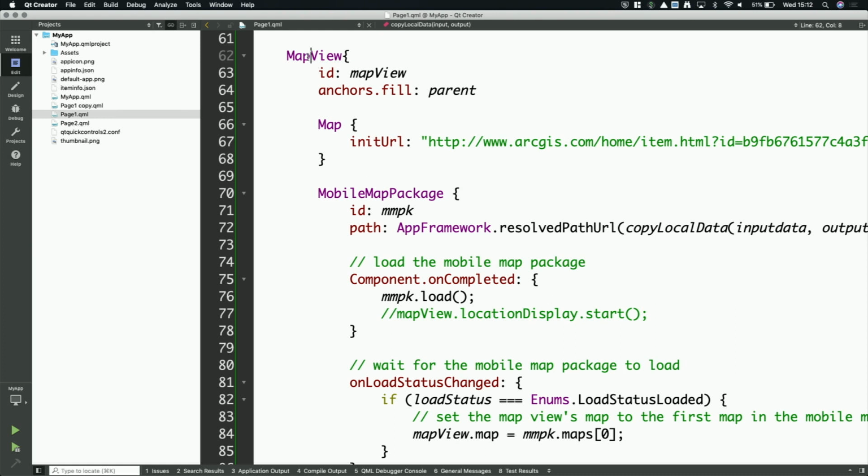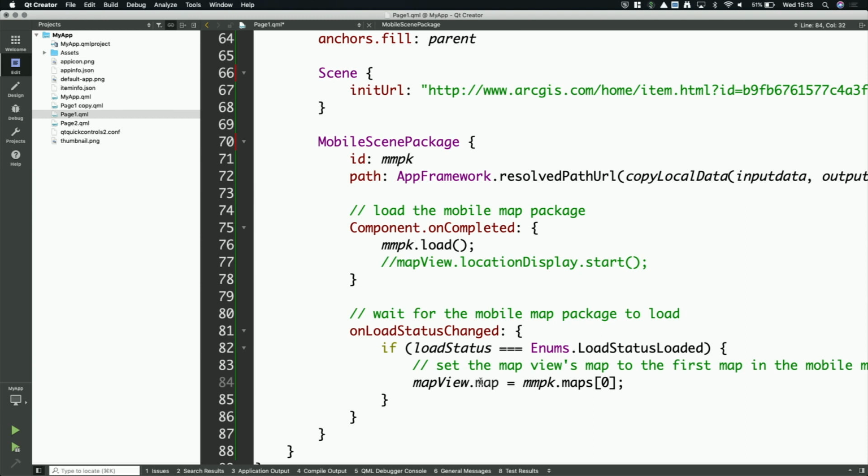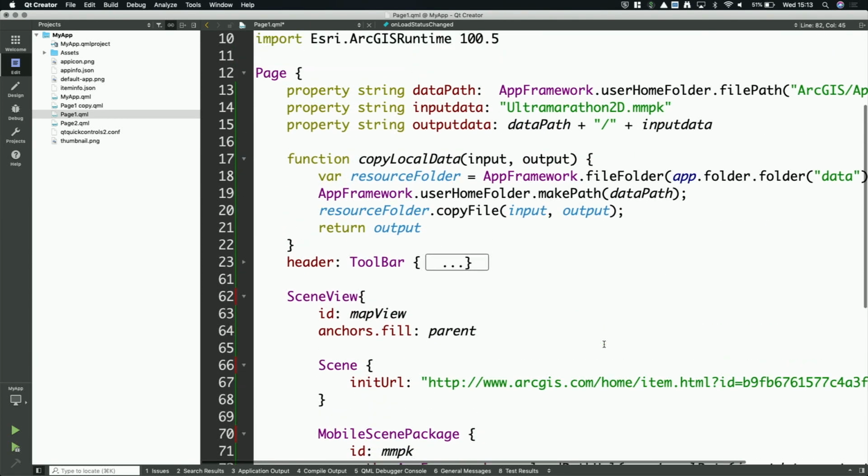So I have the map view here. I'm going to change everything that says map to scene. So scene, I'm going to change scene here. And I'm going to change this mobile scene package. And then I'm going to say scene and also scene. So now the code is loading a 3D map instead of a 2D map. So all I have to do now is change this